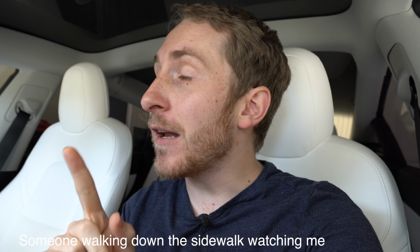Honestly, auto park for me, I'm just going to leave it at that. But there's a feature called double tap to auto park that actually could be more useful because it allows you to double tap the stalk. And when you get out of the car, it will automatically park itself. You can tell it to pull forward or backwards. The benefit to this